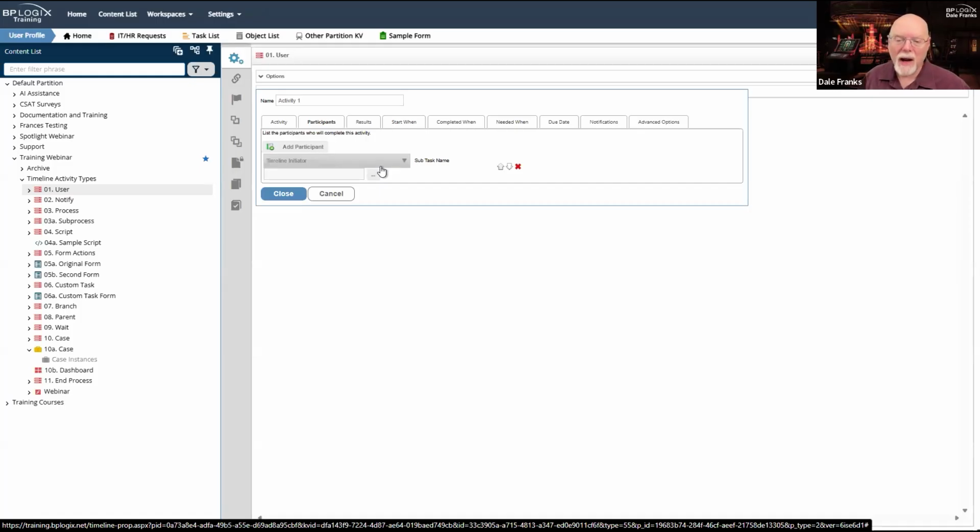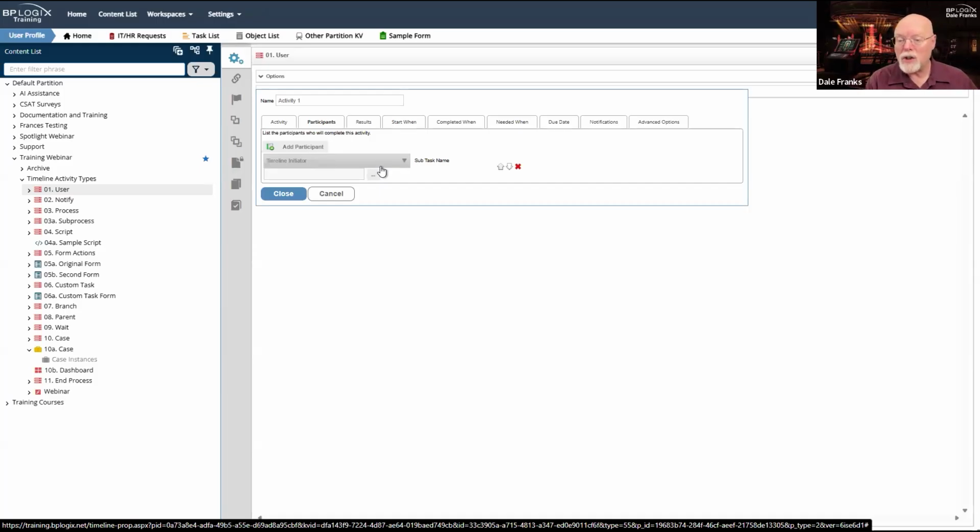So let's say that I have a timeline that is invoked by a goal. And based on the result of the goal, it might start a process timeline. That gets a lot trickier to know who the timeline initiator is.